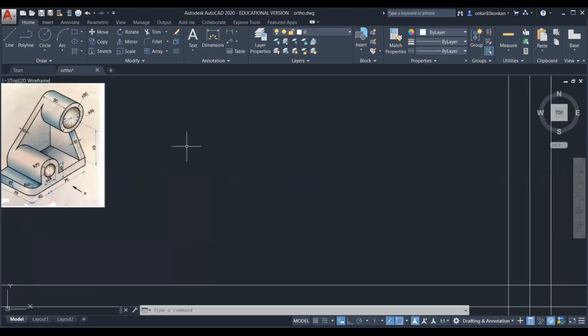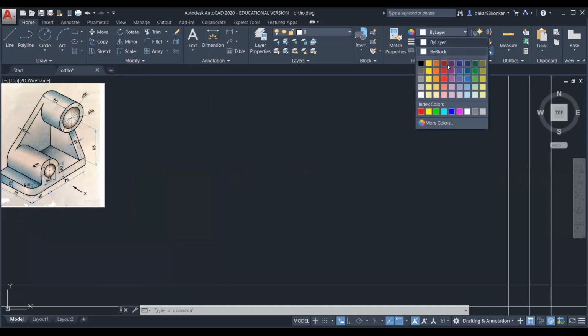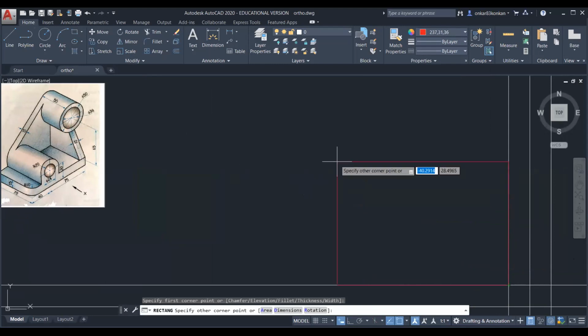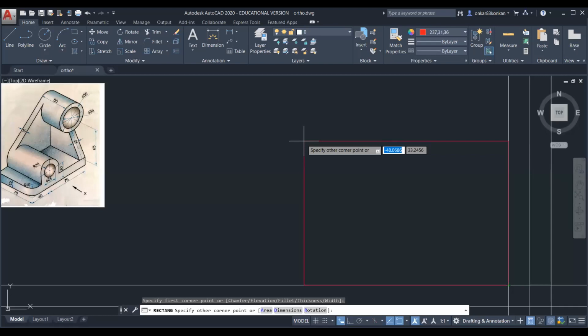So draw the rectangle. So for that, select the rectangle. So you can change the color. So draw the rectangle. So for the rectangle, select this point. So click here and then just give the direction. So just move the mouse on the left side. So you can observe here the X, it is having the negative sign.